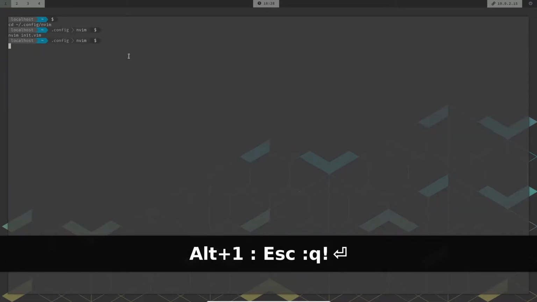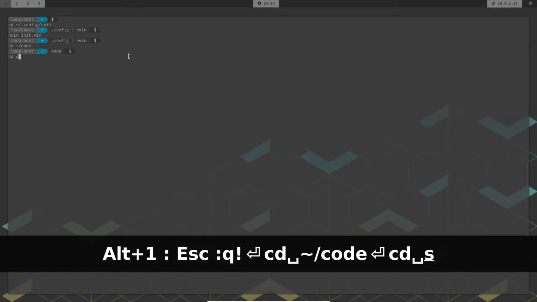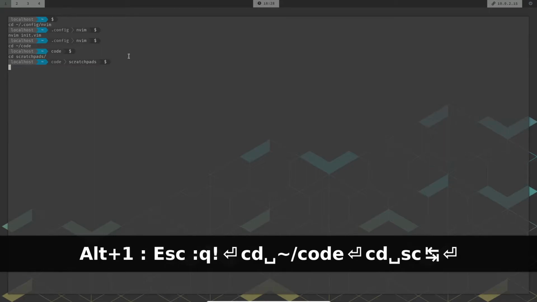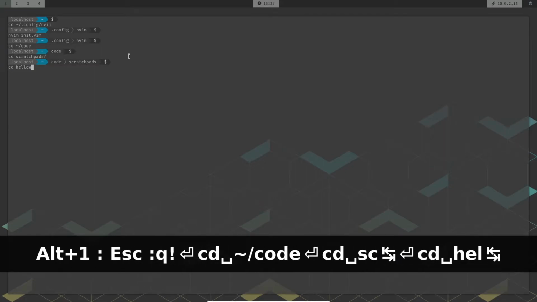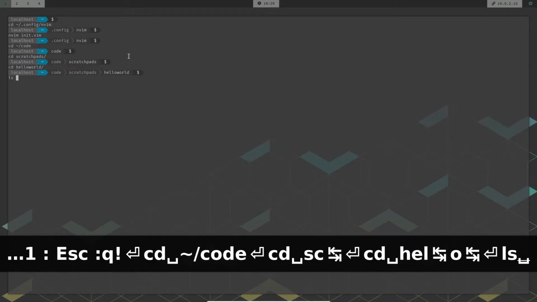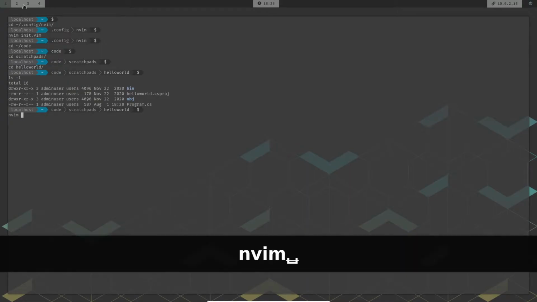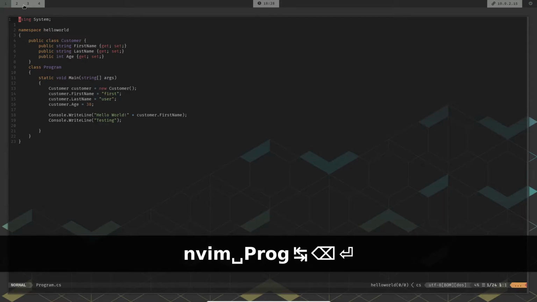This file is already configured, so let's exit it and jump into the code folder where I have a basic hello world kind of application pre-written for us. Let's take a look at what we have. Like I said, it's a standard hello world application with program.cs. Let's open that.